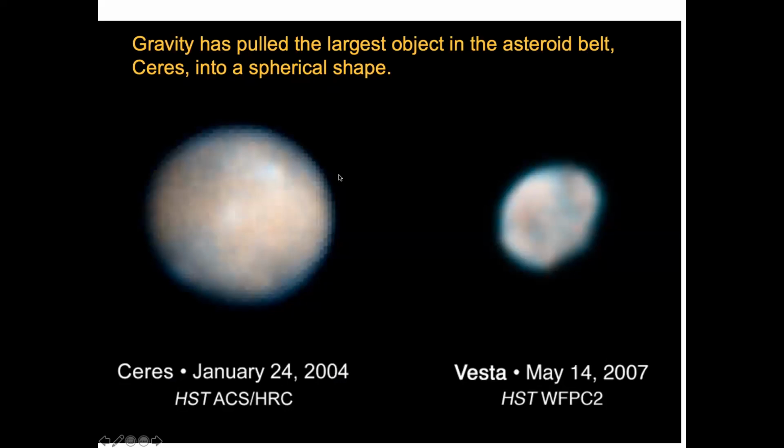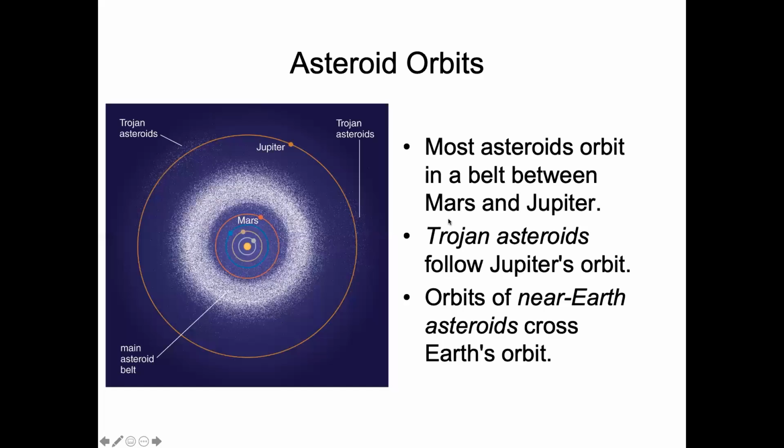Right now, the largest of objects, like Ceres, which we mentioned is the largest asteroid and also a dwarf planet, and Vesta, another example of an asteroid, are large enough that they are capable of pulling themselves into a spherical shape under their own gravitational pull. And so things that are large enough can make themselves spherical. Right? These are also very low resolution photos, and these were taken many years ago.